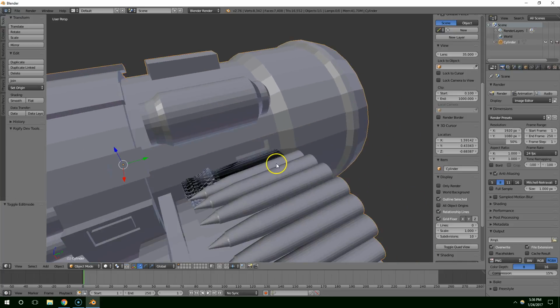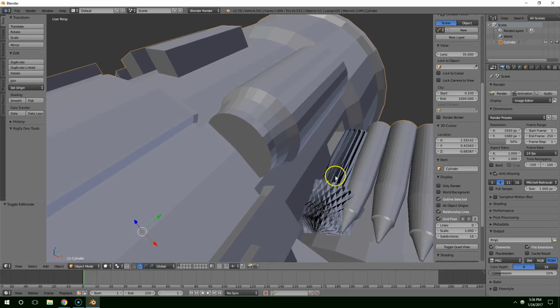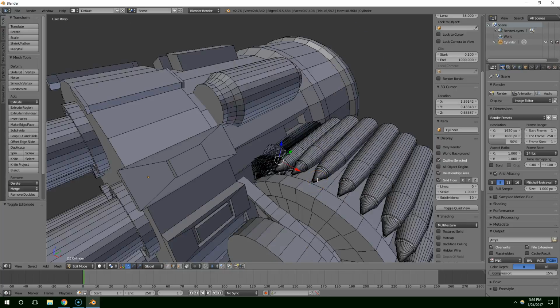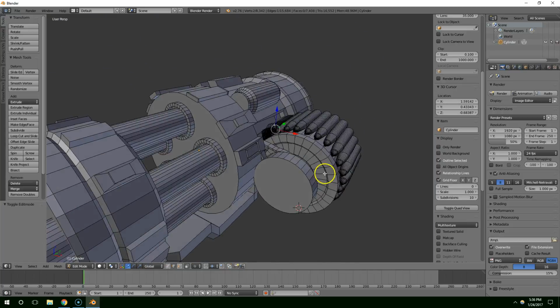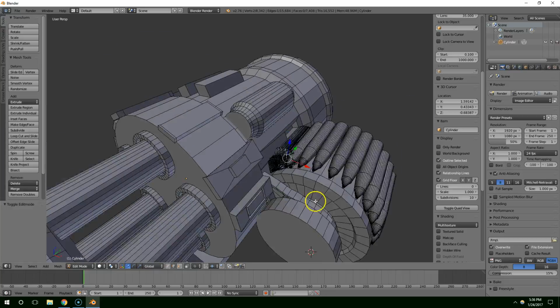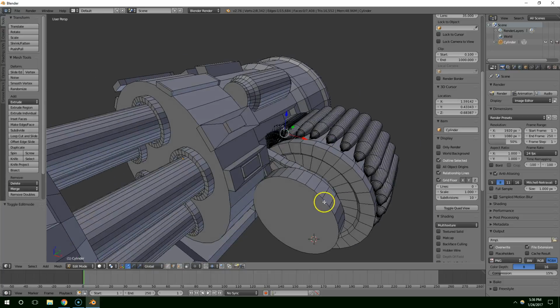Whoa, what happened here? Before I cut this off, I'm going to address whatever happened to this. I think that might have happened when I had this selected as well as this edge selected when I beveled it. So you can see if I take any of these, Control L, and then select this edge and Control B,